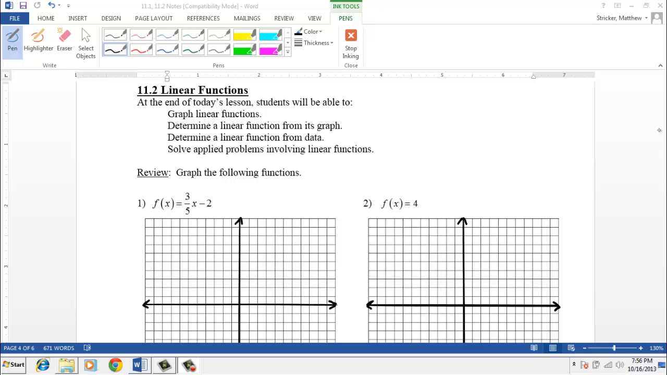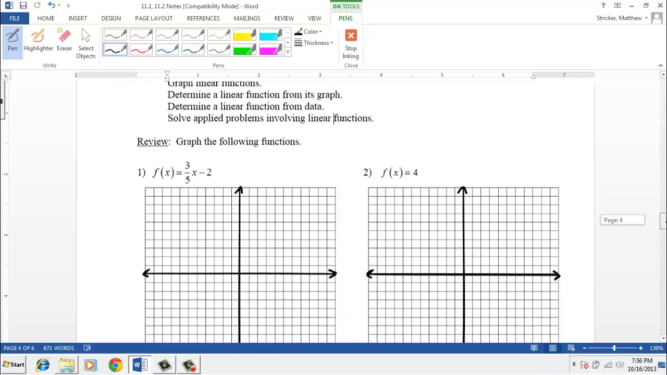Alright, this video covers section 11.2. It's about linear functions. We're going to talk about graphing linear functions, how to come up with a linear function if we're given a graph or some data, and then also we're going to look at some applications of linear functions. The first thing though is how do we graph linear functions, and it's really the same as graphing linear equations,